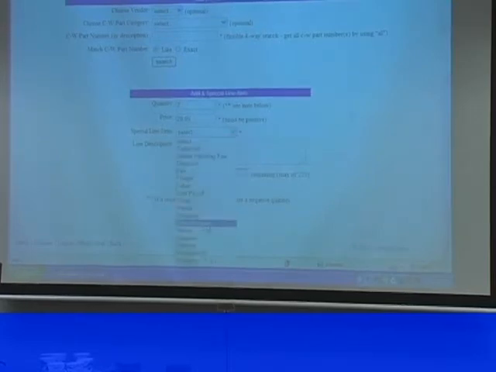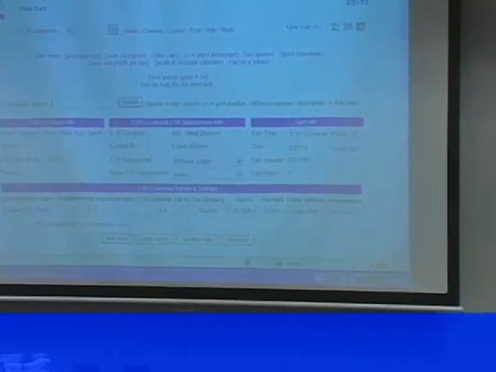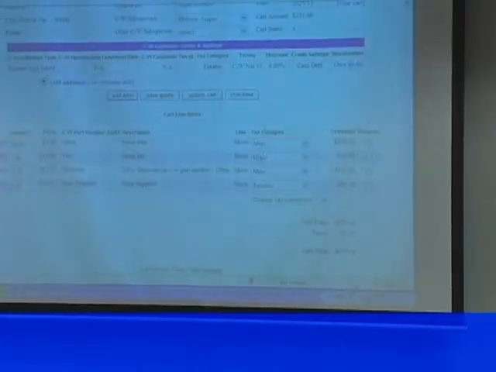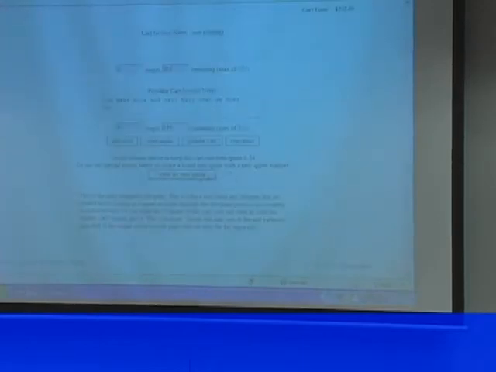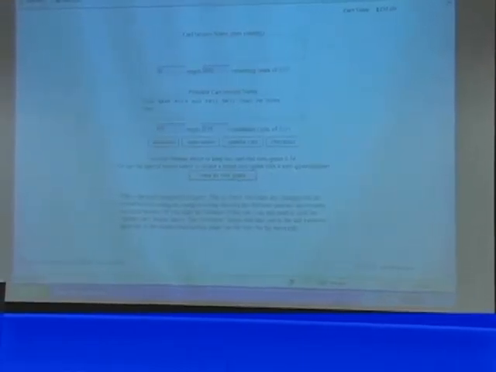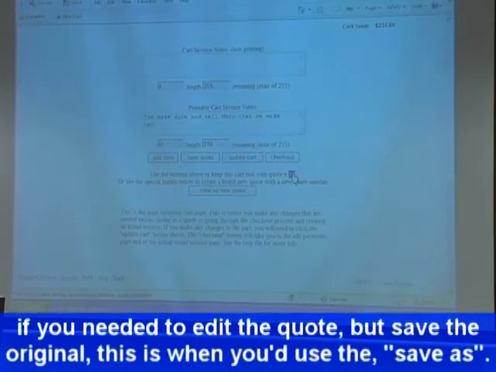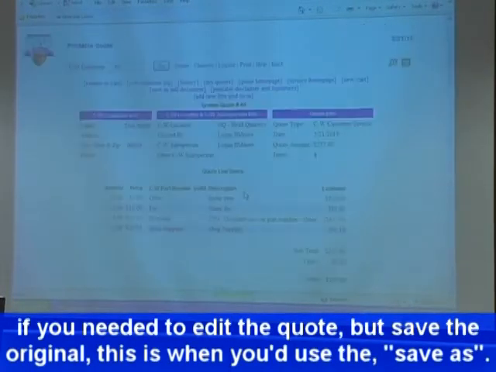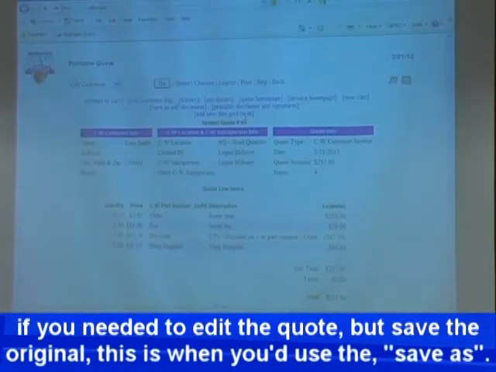And I'm just going to put it under some shop supplies and say add it to the cart. So now my total would be $237.60. It still has the discount, still has the other fees. If I come down to the bottom and I say save as new quote, instead of doing 34, it will stay